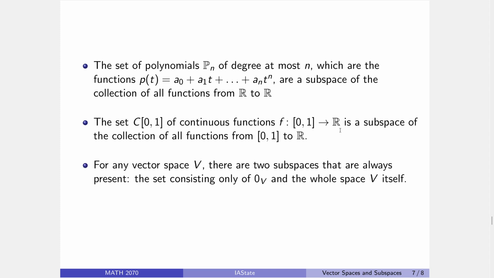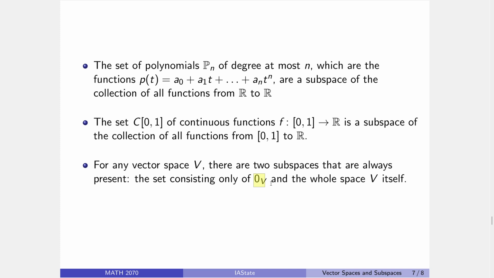Now, before we go on, it's worth mentioning that in any abstract vector space, there are always two subspaces that are present: the set consisting of just the zero element and the whole space itself. Obviously, you need to have at least this element in your set, and for the extreme thinker, you might recognize, hey, wait, I can have only this, and this has this element, it's closed under adding. If you add this to itself, you get itself, and if you scale this by anything, you get back to itself. So not shocking that this is